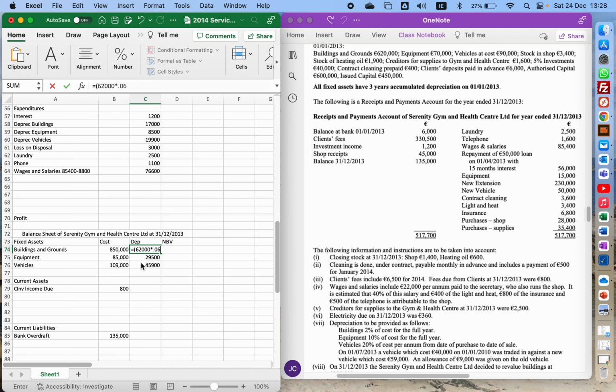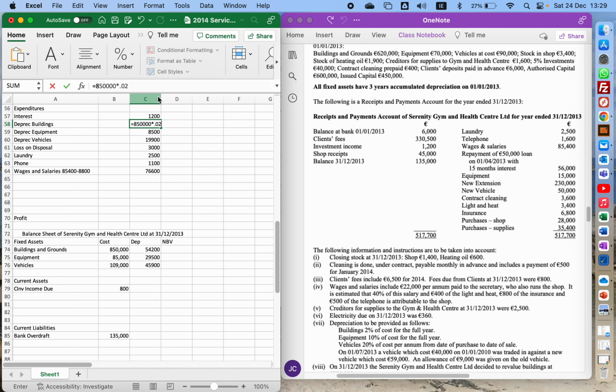So that's 3 years of 2% at the old figure, plus the figure for this year, which is going to be 850 times 0.02. That's this year's depreciation. So the depreciation of buildings then is going to be 850